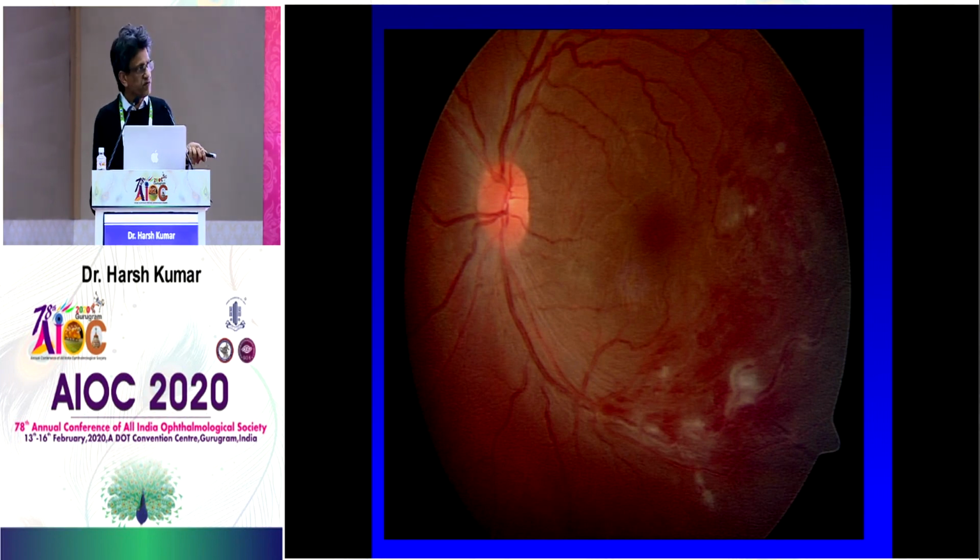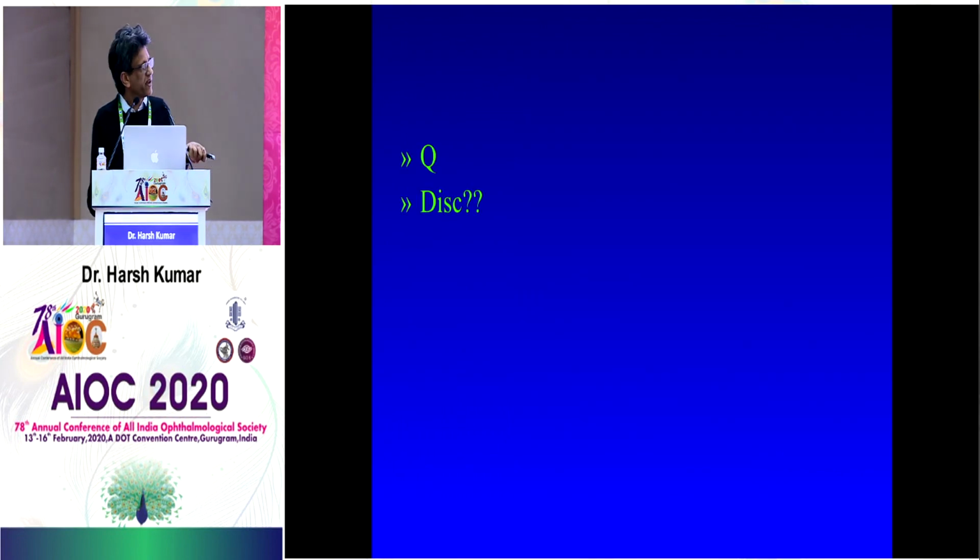Because so many times we'll miss a BRVO, it will give you a beautiful, what type? Arcuate defect. You jump and say, oh, this is glaucoma. You have not seen anything else and the disc may be plus minus, and ultimately what will happen is you are absolutely on the wrong track. Same with ARMD.